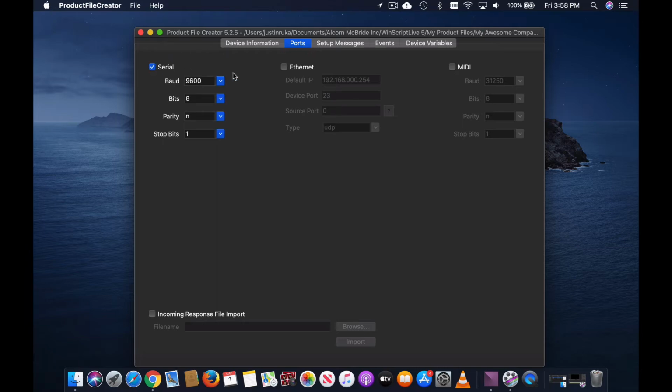This then opens up the baud, bit, parity, and stop bit settings. Change these to what your device needs them to be set at. Next, select the Ethernet box if your product file can be controlled via Ethernet. Here you can choose the default IP address, device port, source port, and connection type, either UDP, TCP client, TCP